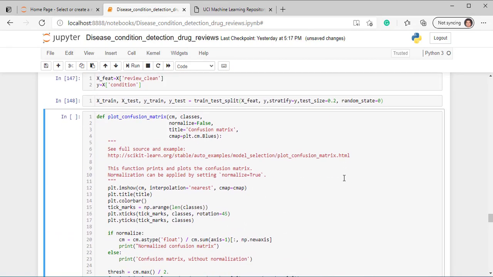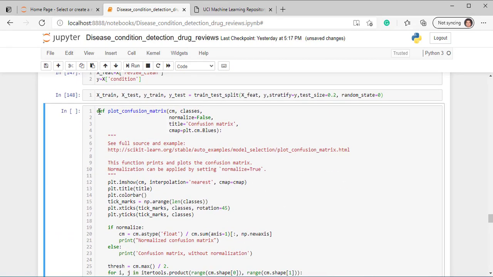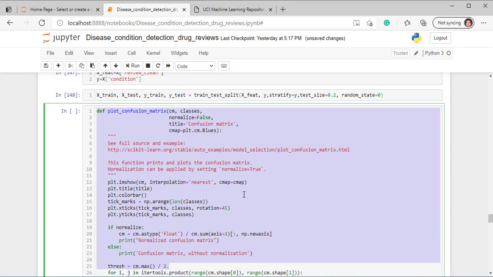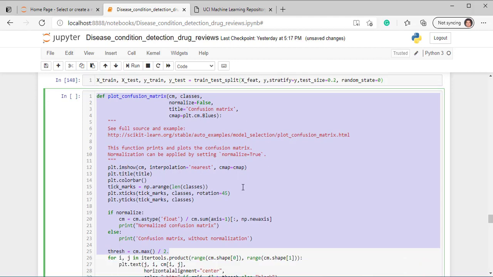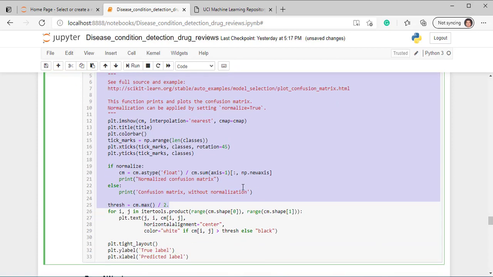Next we have just written one method for plotting the confusion matrix. Okay, because we are going to deal with multiple class classification, so we have to plot the confusion matrix in a bit of a different way than the traditional way.